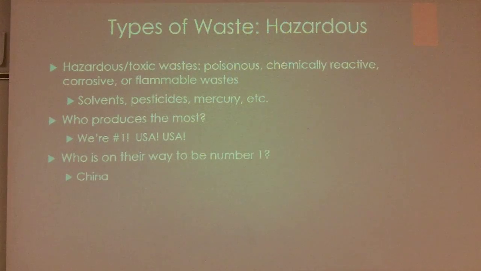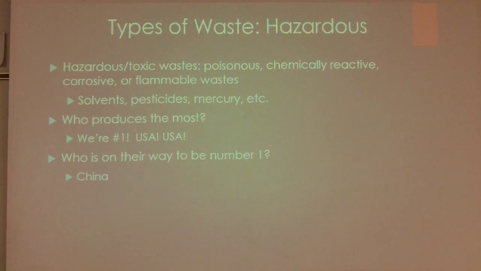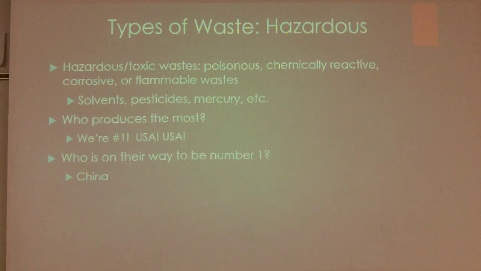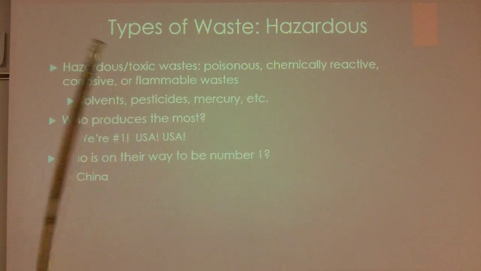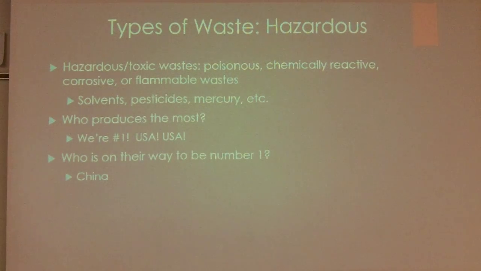Next, types of waste, hazardous. So you do need to know this definition. What makes something considered hazardous or toxic? Well, it has to be either poisonous, chemically reactive, corrosive, or flammable. All right? So make sure you star this, put it down, memorize that. You need to know those different distinctions: poisonous, chemically reactive, corrosive, or flammable. Examples: solvents, paint thinners, pesticides, mercury, all the kind of good stuff, lead,